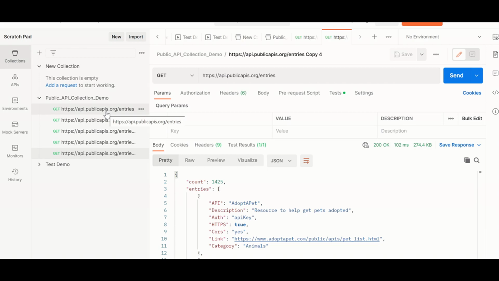Now we can run this collection in Postman as well, but in this demo I'll show you how to run this in Newman. Newman is a command line interface. Before you go there, how do you install Newman? To get Newman installed, first we need to install